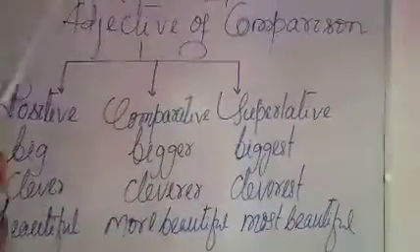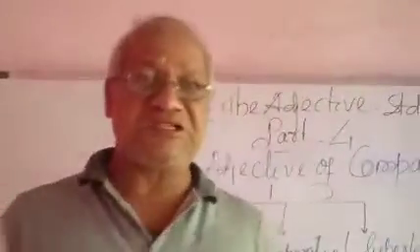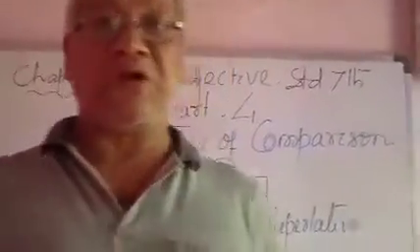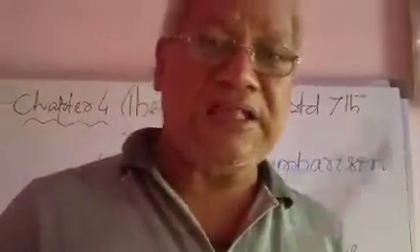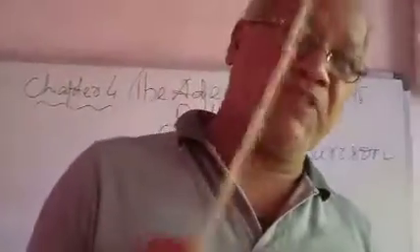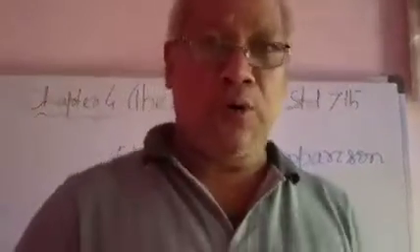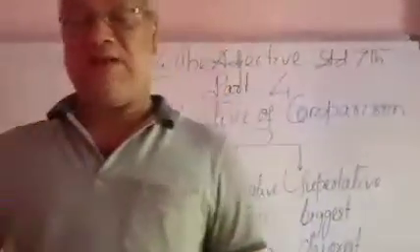My dear students, in comparative degree, generally than is used as conjunction, but in some cases, in place of than, we use to. He is junior to me, he is senior to me, I am superior to you. So any adjective that ends with IOR is followed by to in place of than. Remember it. It is helpful to you when you fill in the blank by using different types of adjectives.